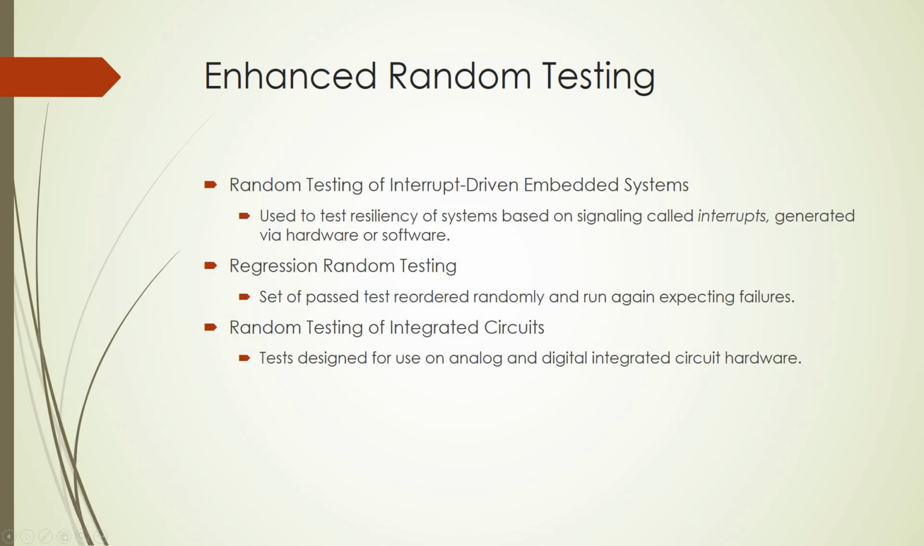The next one is random testing of interrupt-driven embedded systems. It's more of a hardware test. Let's say it will help us test how resilient the CPU is when interrupts are sent to it, and pretty much again see what happens. Regression random testing refers to, let's say we test our portable shower water recycling system, and